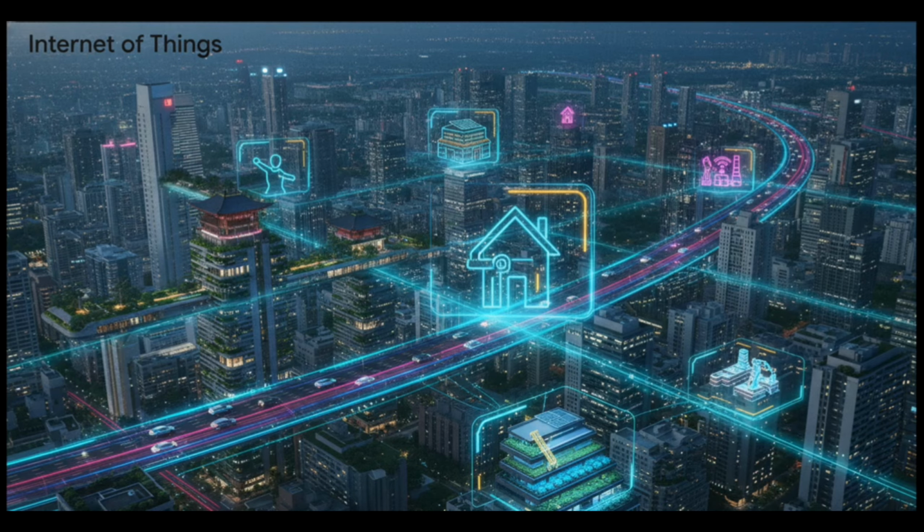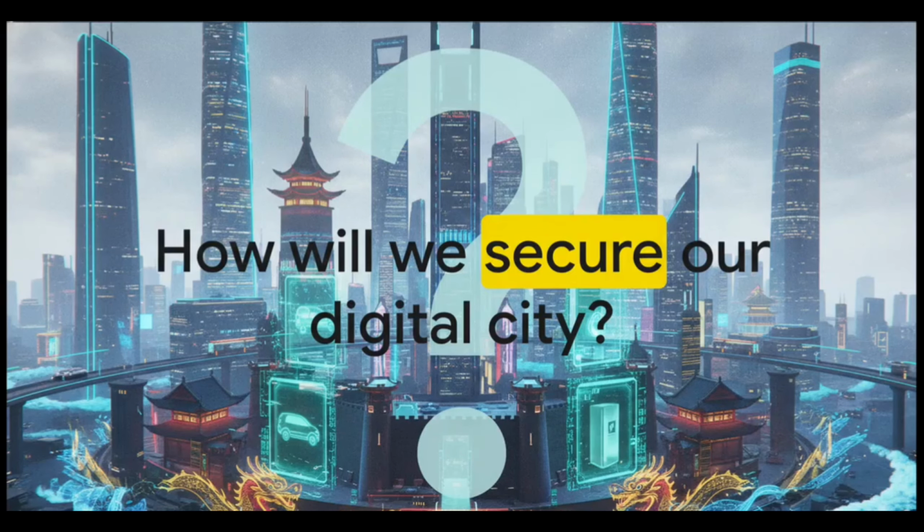Our entire physical world is merging completely with the invisible architecture of the internet, and it's totally transforming the way we live and work on a daily basis. Which leaves us with one final, absolutely critical thought to ponder. As literally every device in our world, from our cars to our refrigerators, connects to this vast, invisible architecture, how will we secure the most vulnerable doors in our digital city? Because cybersecurity is no longer just about protecting computers, it is about protecting our physical lives.